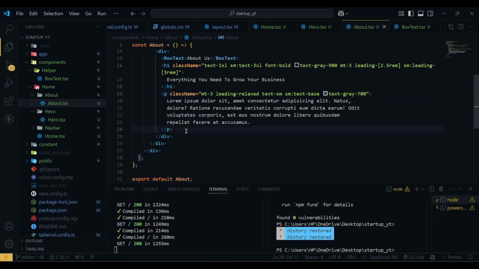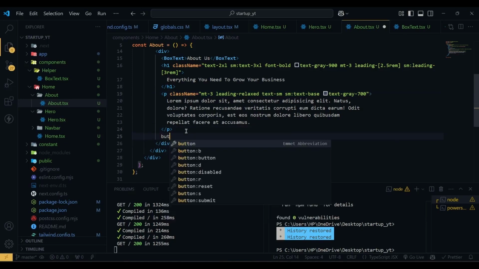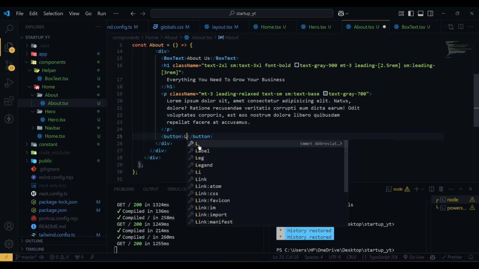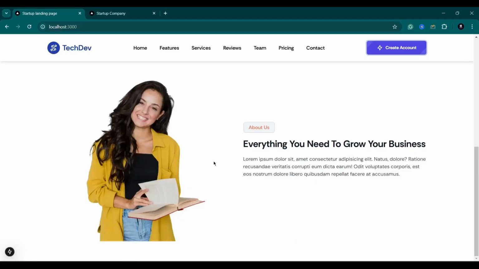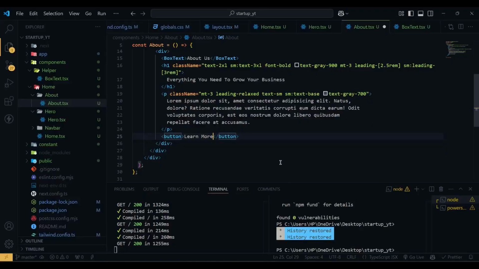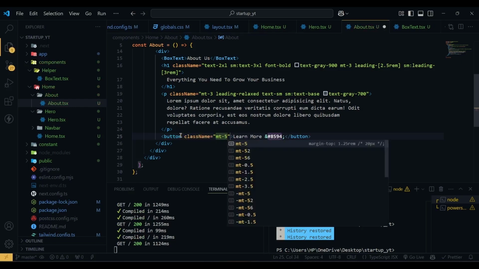So after the p tag we have a button, and the text will be Learn more, and in the deployed version you can see here we have an arrow. So for the arrow we are going to use an HTML code, which is hash 8594. This is the code for arrow, and then this button has a class name of